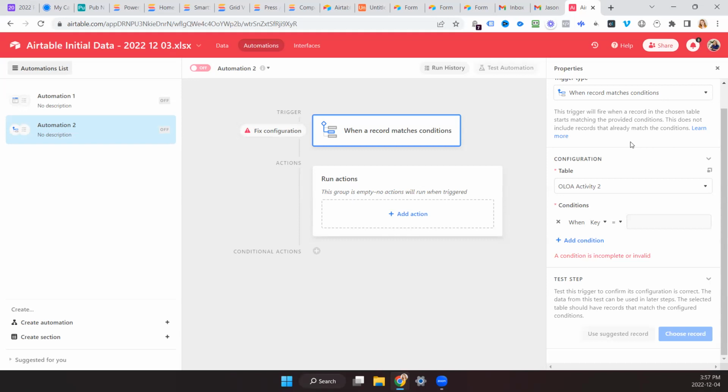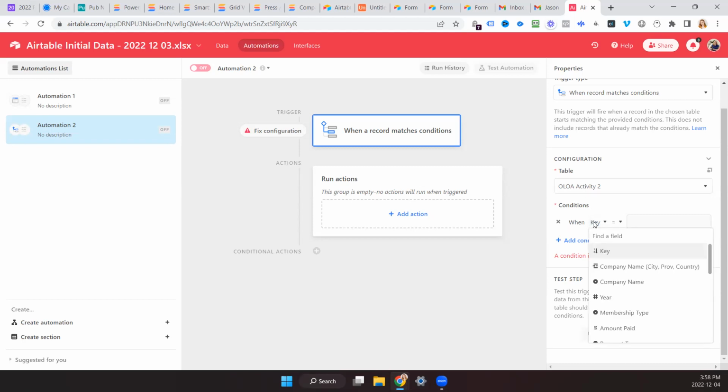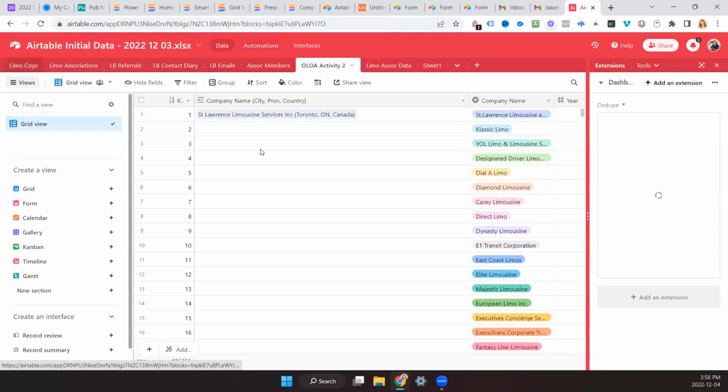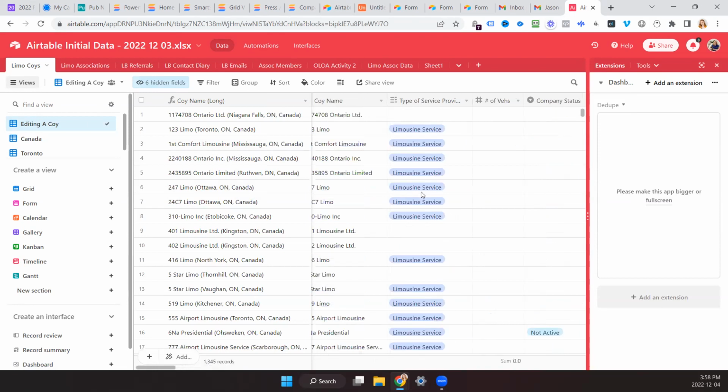Because you have people in there who are in your contacts in multiple places, do you want to just link multiple? Well, right now there are no duplicate companies, so I'm okay for this starting point. The company name at this time, not the long name with the brackets, is the same as what's in the limo company master data. Does that make sense? Aren't some of the companies the same name though? No, not right now.